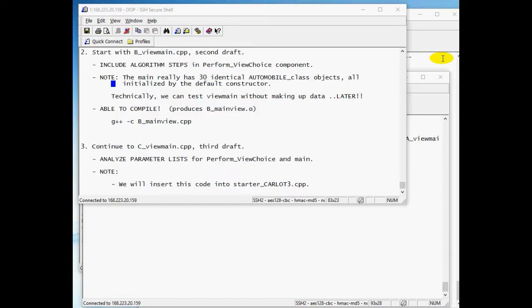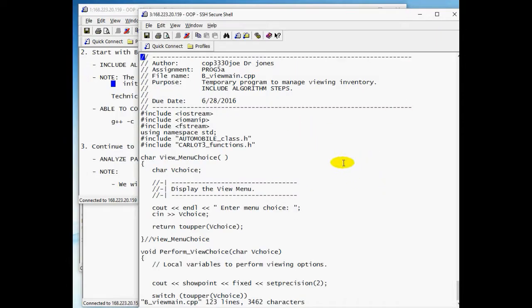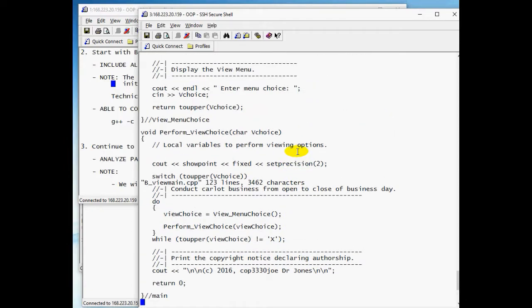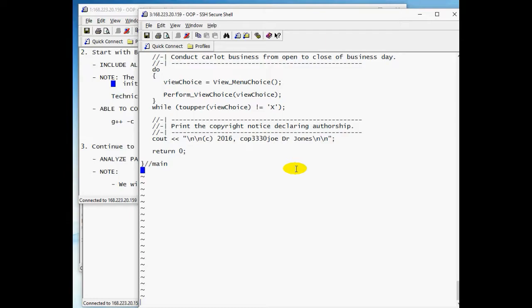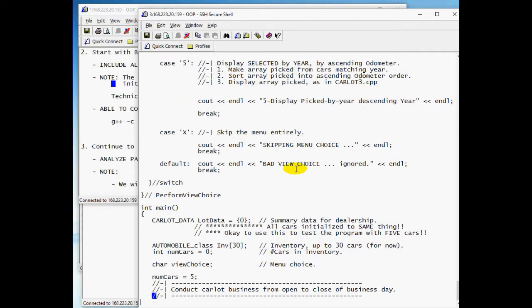Let's take a look at B. Okay, if we look at B, we see that we're going to do the algorithm steps, but let's go look at the main, and let's look at it a little. Sorry about that. Let's look at the main, and notice that the main